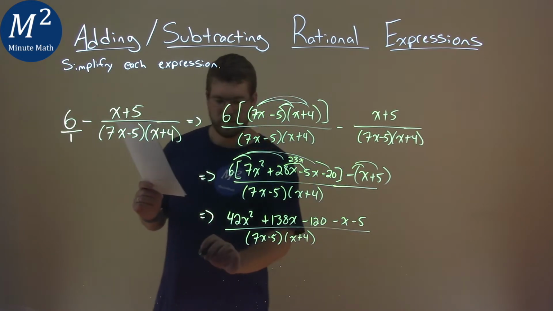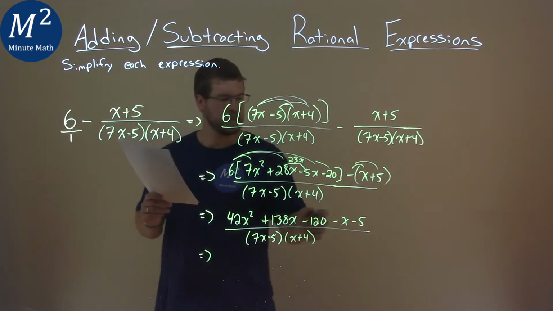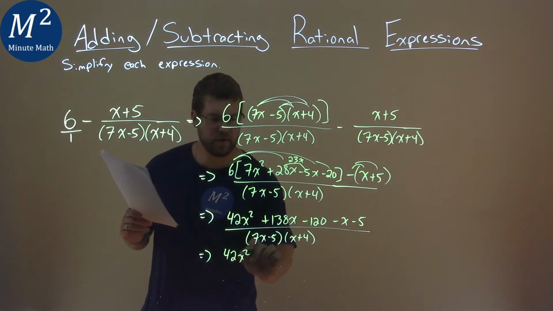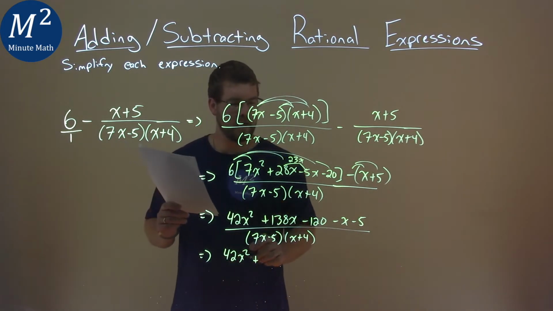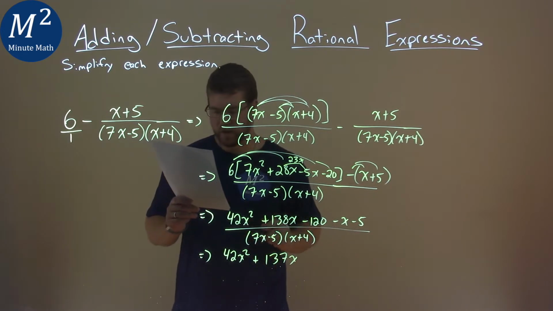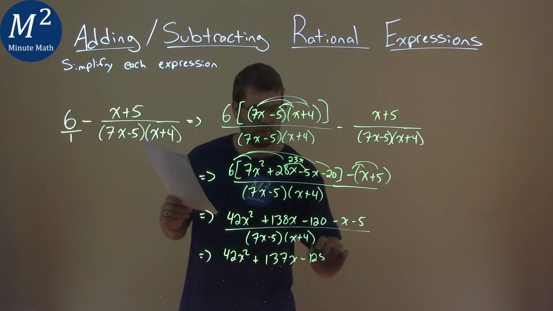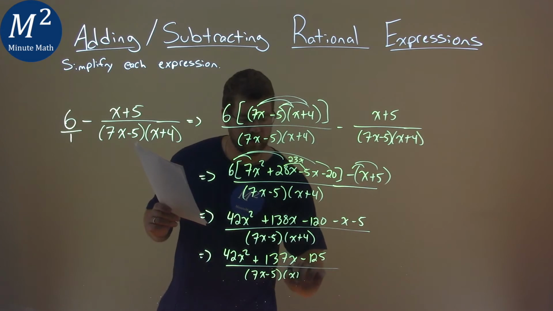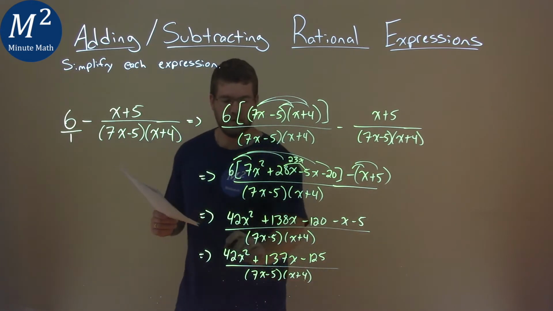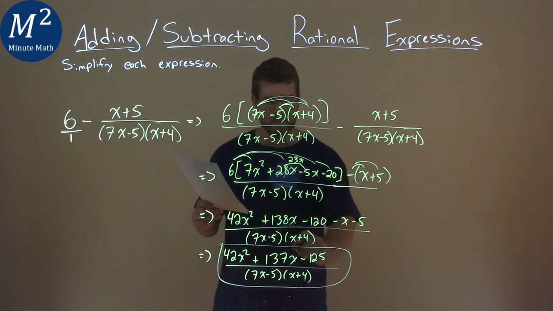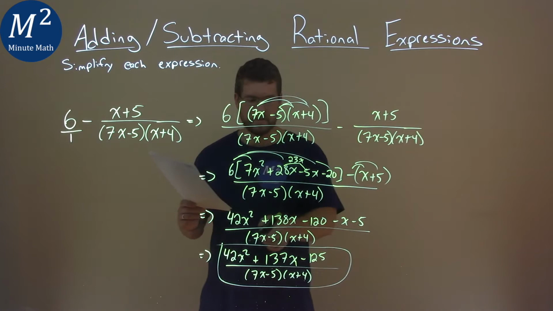Well, lastly here, let's combine our like terms. We have the x and the negative x and 138x, and then negative 20 and negative 5. So 42x squared here, plus 138x minus 1x is 137x. Negative 120 minus 5 is a negative 125. And our denominator stays the same, 7x minus 5 and x plus 4. And so our final answer here after all that is 42x squared plus 137x minus 125 over 7x minus 5